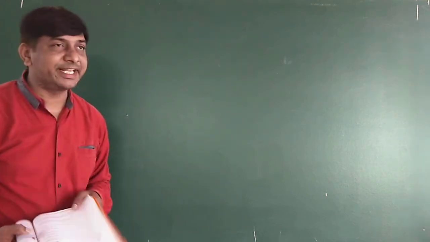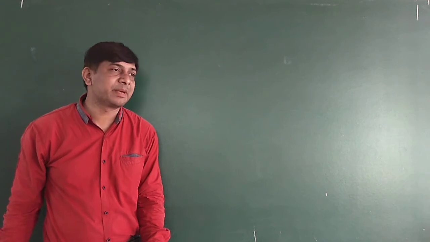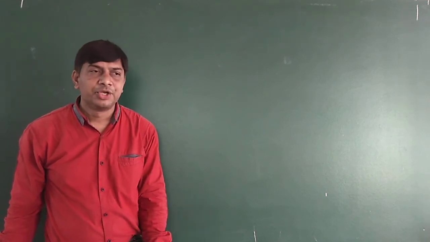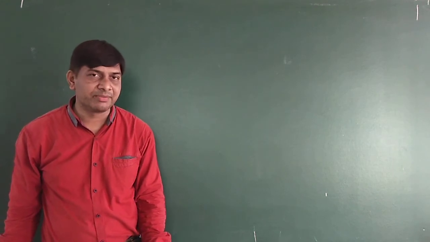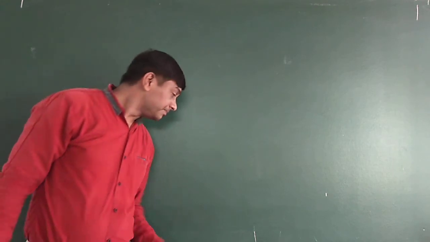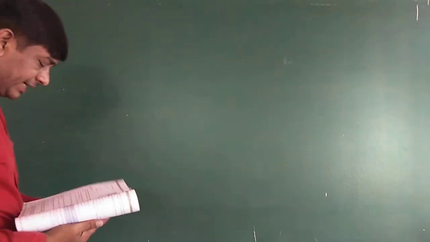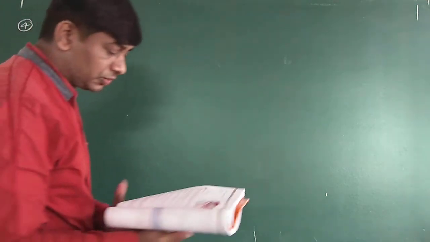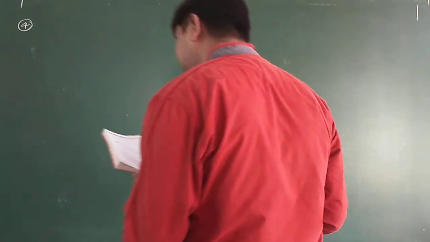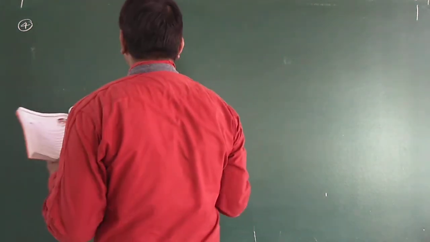In the examination, they don't ask whether you have to apply similarity or basic proportionality or any other method. You can apply any method, you will get the marks. Need not worry about that. So the fourth question; fifth onwards I explained already: medians, squares, altitudes, bisectors, those are all. Fourth one, in triangle ABC.